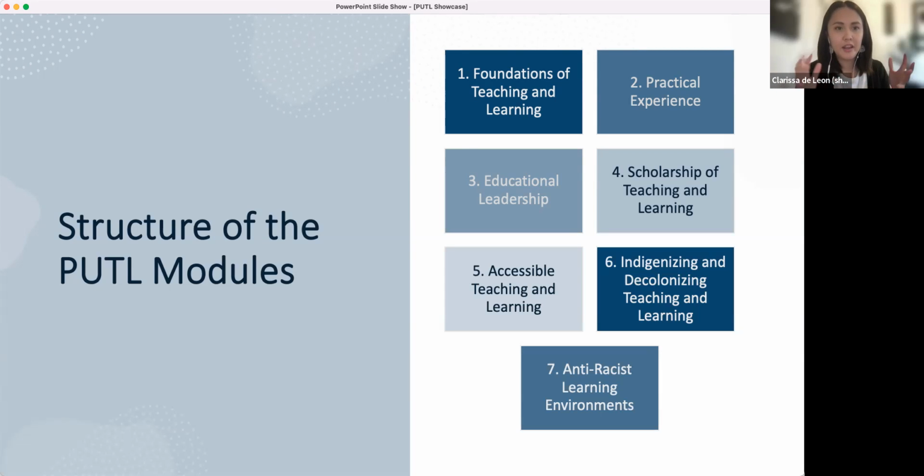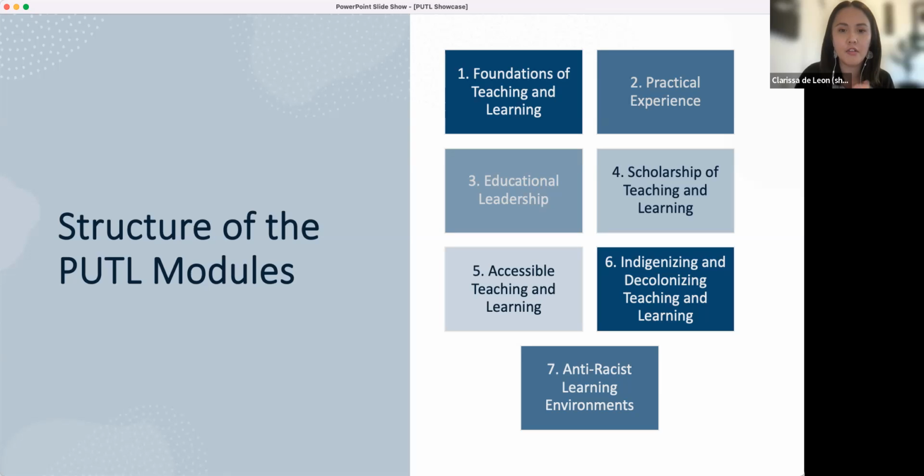So on this slide, we have a snapshot about the modules that are available for you to complete. Something that's important to note is that you do not have to go in order. You can select which ones you feel like you can engage in first, depending on what your experiences are or what you are needing feedback on first.